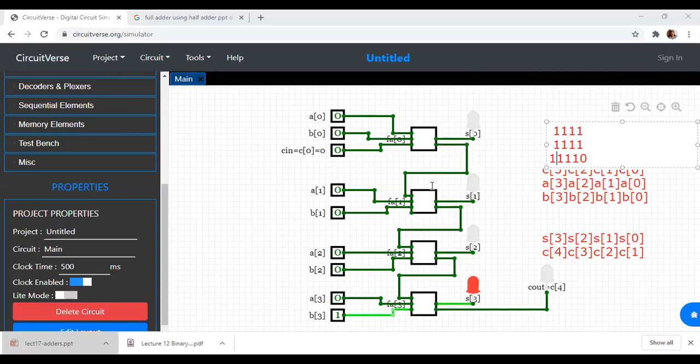If you take the second full adder of the ripple carry adder, it is the same full adder. So in the same full adder, I have inputs A, B, C in, S and C out. But A in the second full adder will be equal to A1. B in the second full adder will be equal to B1. C in the second full adder will be equal to C1. Sum in the second full adder will be S1. Carry in the second full adder will be S2. So this is how it is going to work. All these full adders are the same full adders.